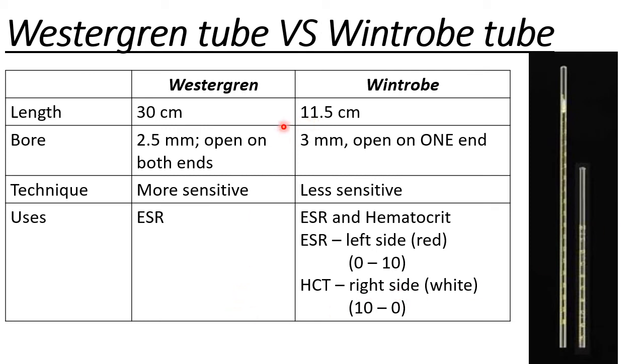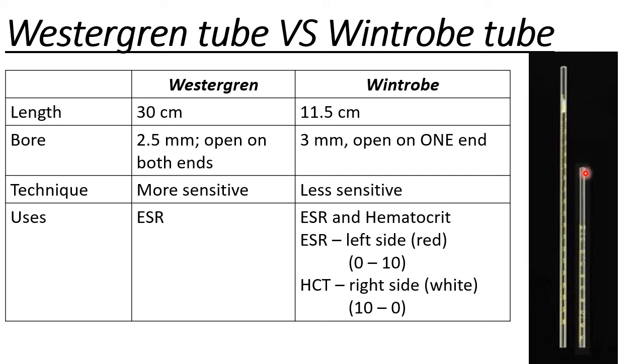Okay. Compare natin yung dalawang apparatus, yung Westergren tube and Winthrop tube. In terms of length, obviously, mas mahaba yung ating Westergren, 30 centimeters. Si Winthrop tube, 11.5 or in other books, 11 centimeter. Sa bore size naman o yung butas ng ating apparatus, mas manipis yung Westergren, 2.5 mm and open on both ends ang Westergren tube. While in Winthrop tube, mas malaki at 3 mm pero open lang siya in one side